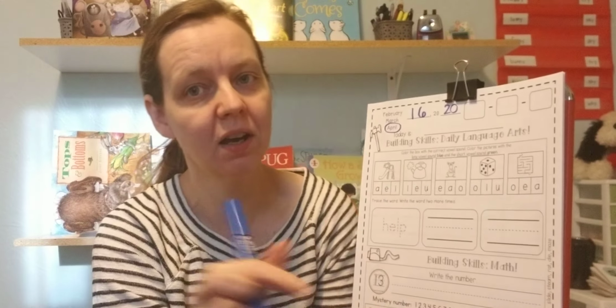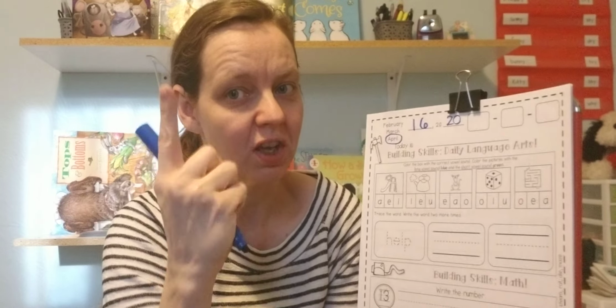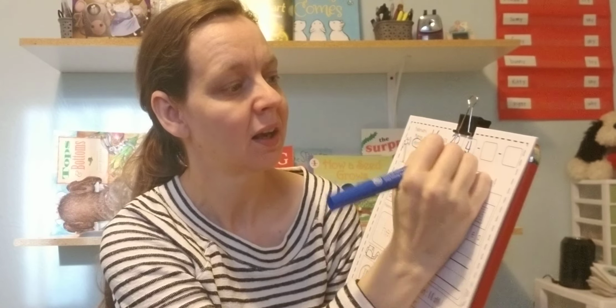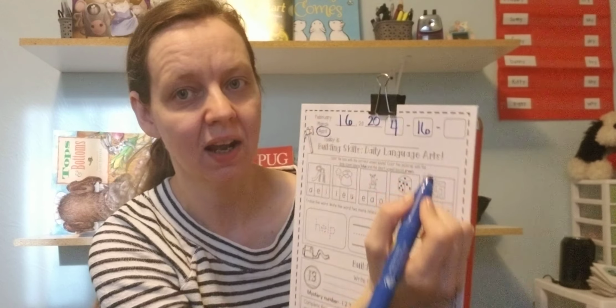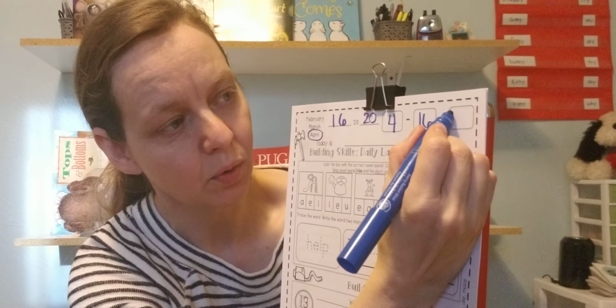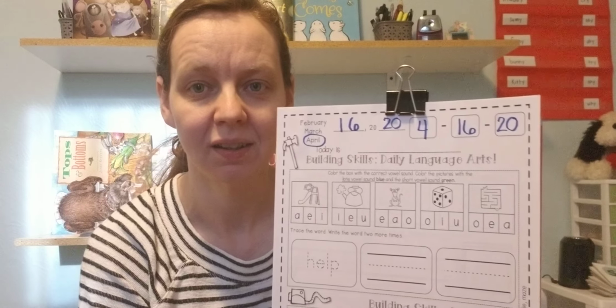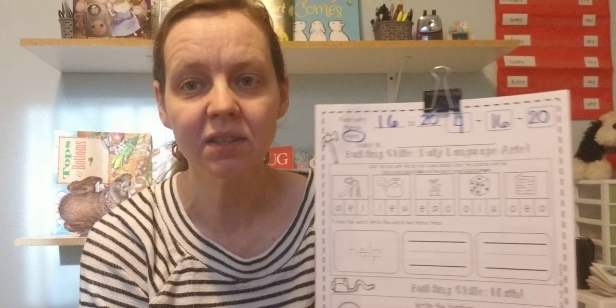Okay, April is the 4th month. January, February, March, April. 4th month. And it's the 16th, so I'm going to put a 16 in that next box. 1, 6, 20, 2, 0. Awesome job. And yesterday was Wednesday, so today is